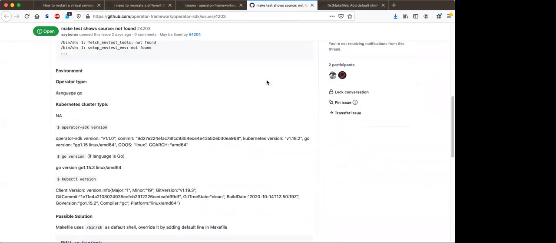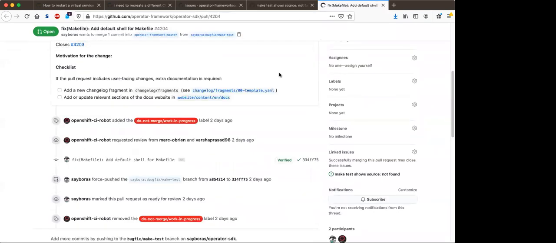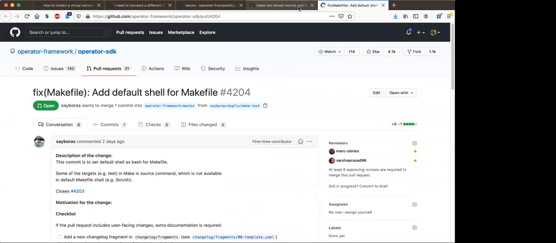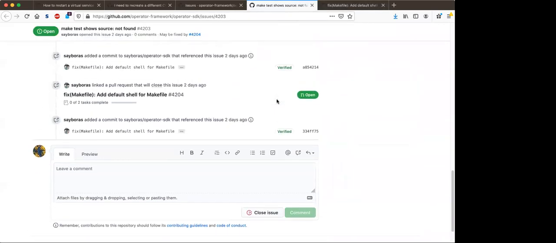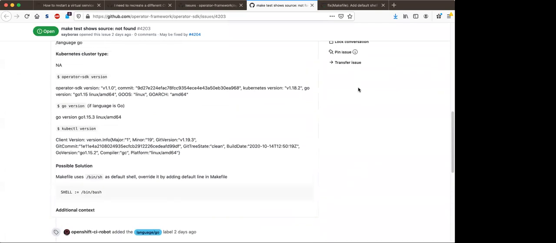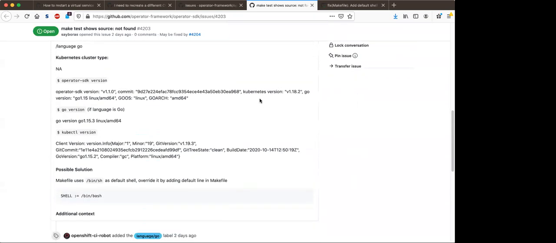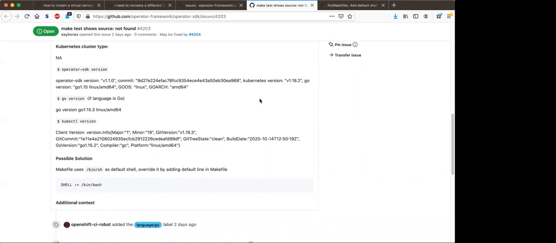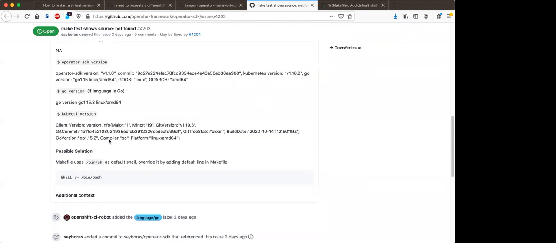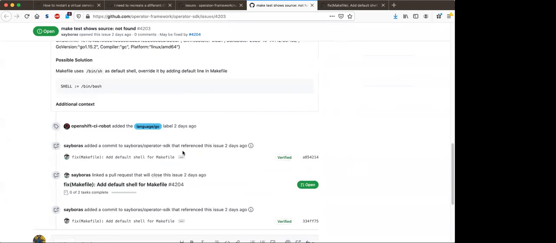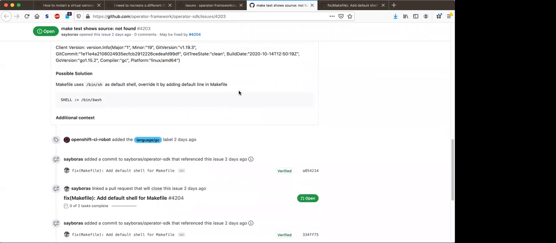I have a PR upstream that fixes this. Part of the problem is that the test environment setup script is a little weird as far as setup scripts go, because you need to source it and use functions within your shell. Typically you would just call this script and it would set up the environment for you. It can't exactly do that because it has to use some environment variables and make those available to the test. So there's two ways to solve this. One is to do as this user is suggesting and explicitly set shell to bash.